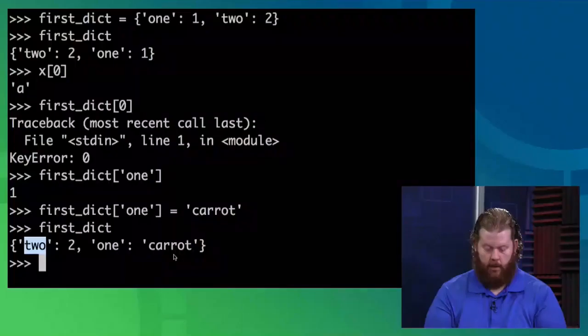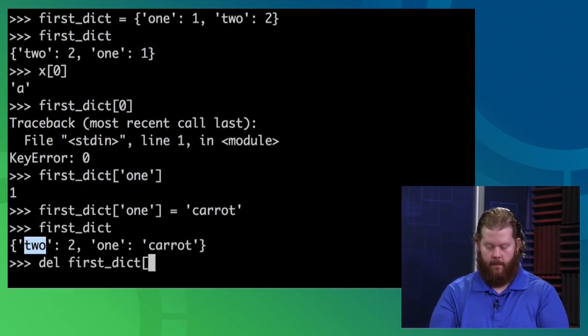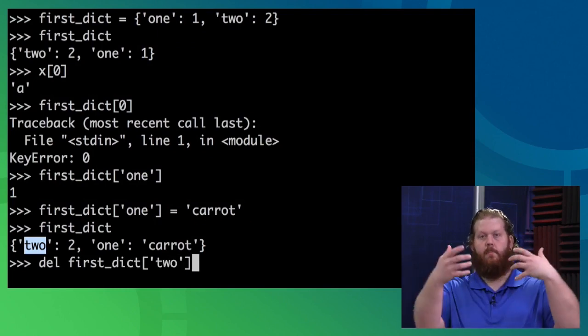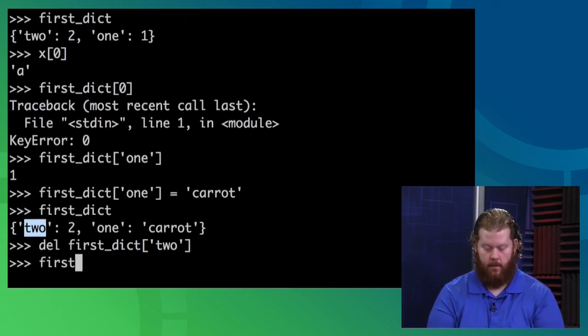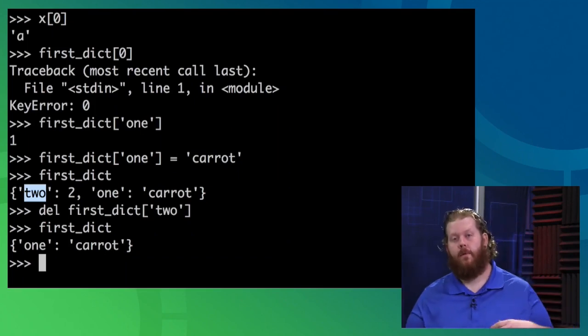Let's see if we can delete something from a dictionary. So del, and delete the element, right? The pairing, the relationship with 2 and whatever, and I can in fact remove those definitions.